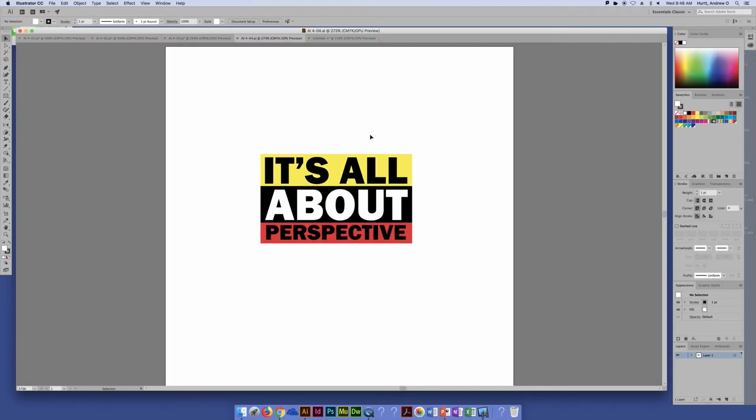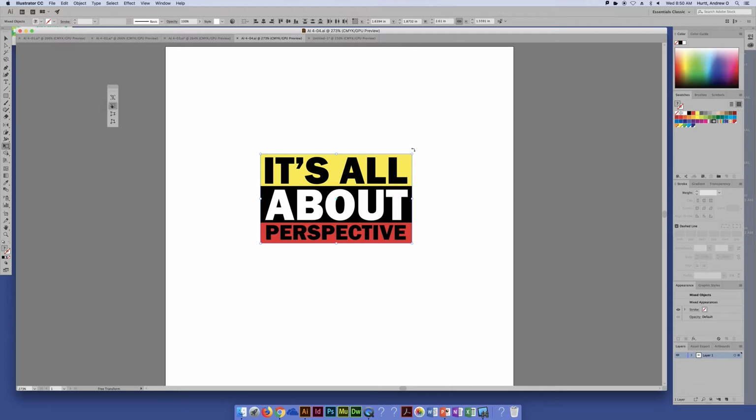And then lastly, perspective. I always forget where it is. There it is. It's always under something odd, like I have no idea what the Puppet Warp tool is, to tell you the truth. So under our Puppet Warp tool, this looks like a little push pin, is our Free Transform tool. And you can see it brings up a tiny palette with some options: Perspective Distort, Free Distort, or Free Transform,